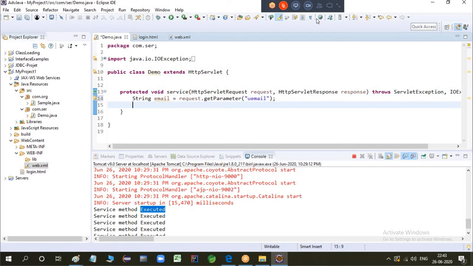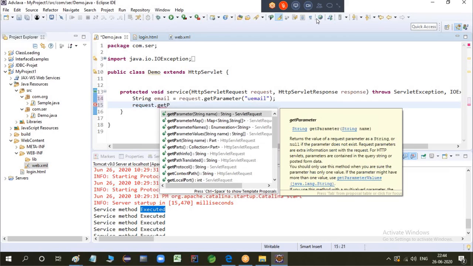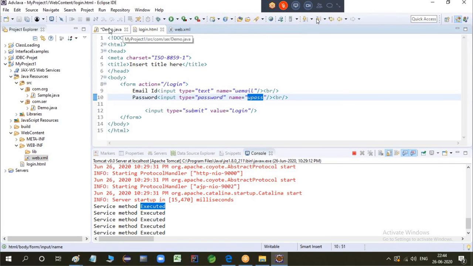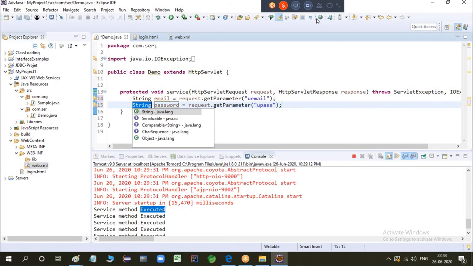Okay, same way, request dot, there's a method called get parameter of what you're entering here, user password. Password.